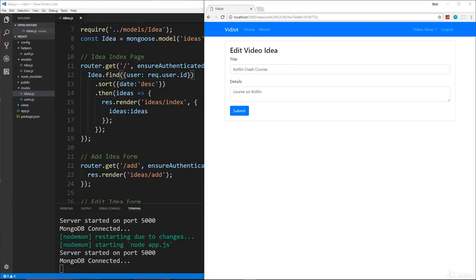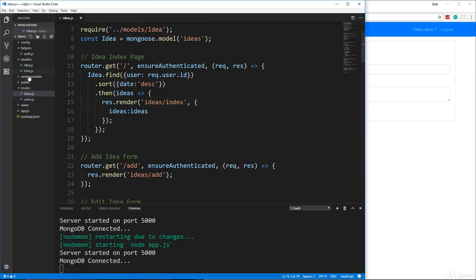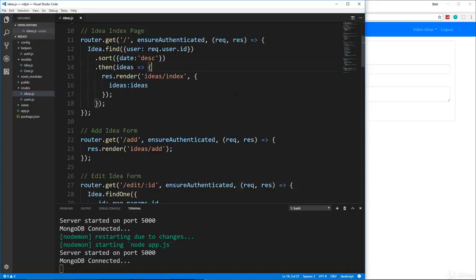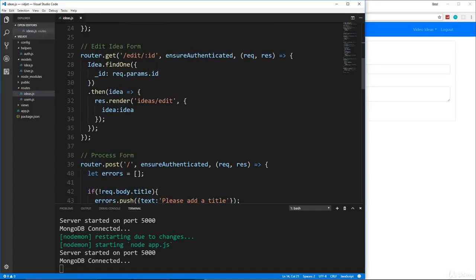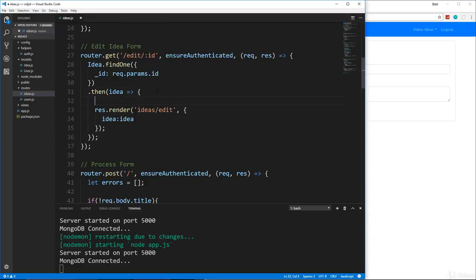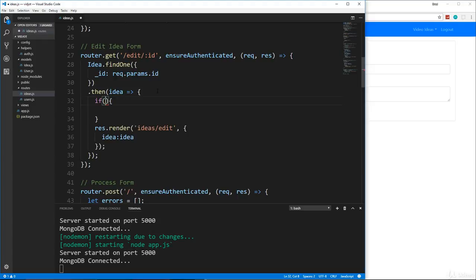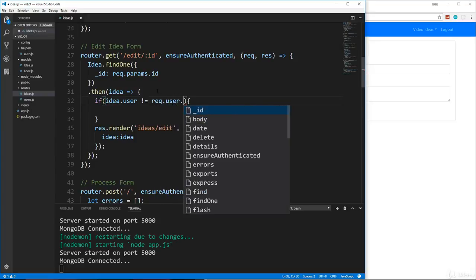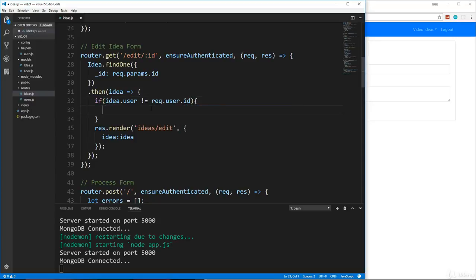So what we'll do is go to the ideas routes, we'll go to the edit, so where we get the edit form right here. We're finding one, we're getting the idea back, and then right here we want to do a test. We want to say if idea.user is not equal to request.user.id, then we want to boot them out. So let's say req.flash, and this is going to be an error message,